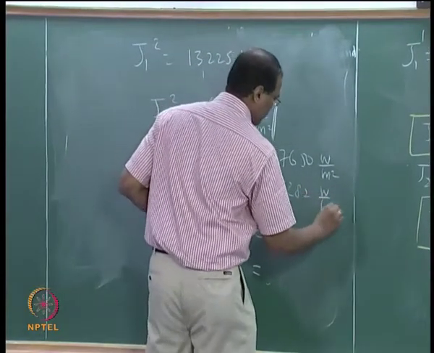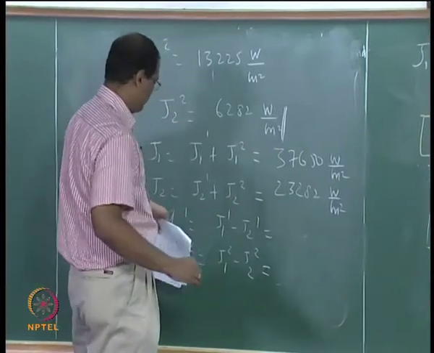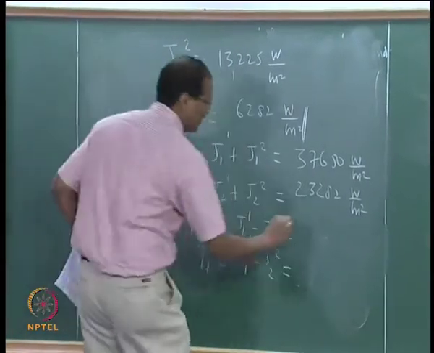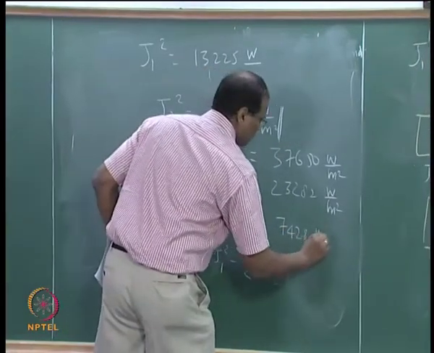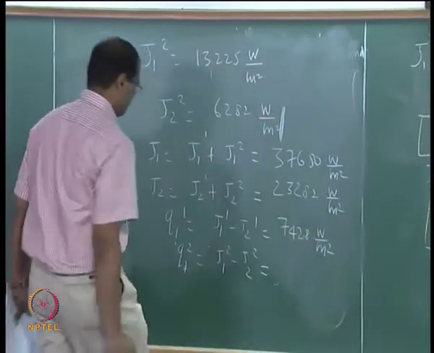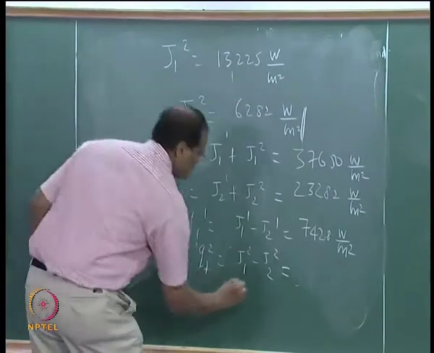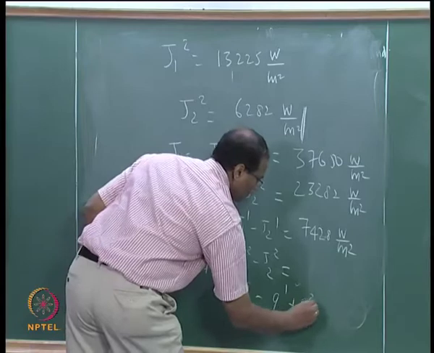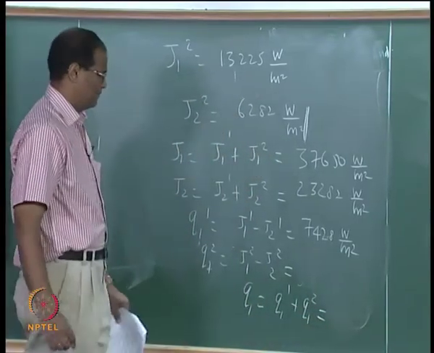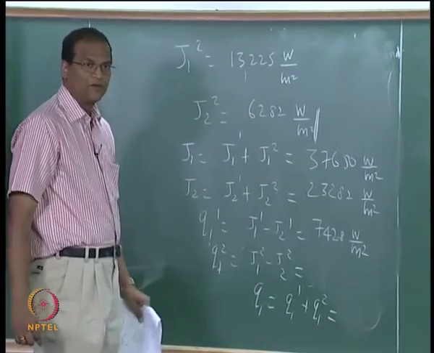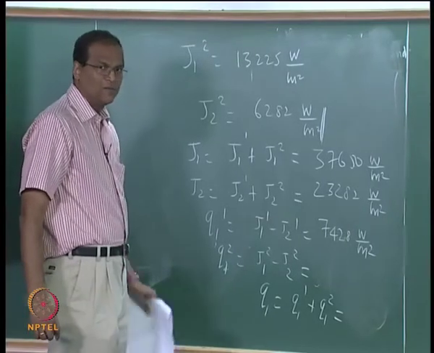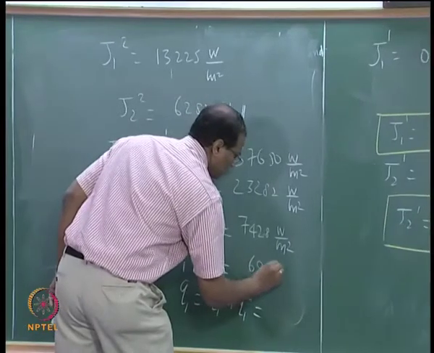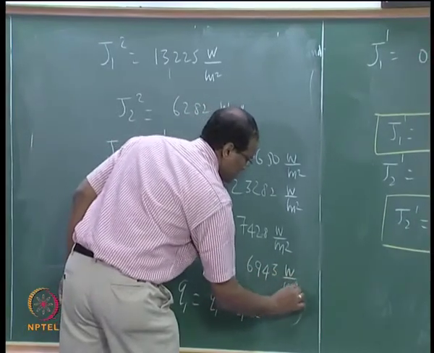Yeah, Q1 7428. Q2, Q12 694. So the sum is